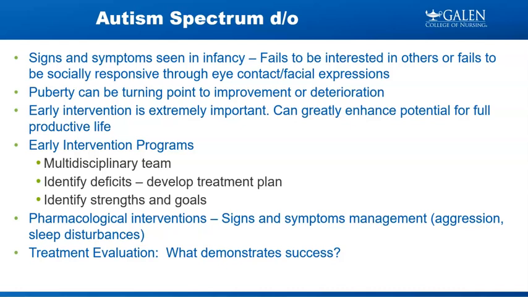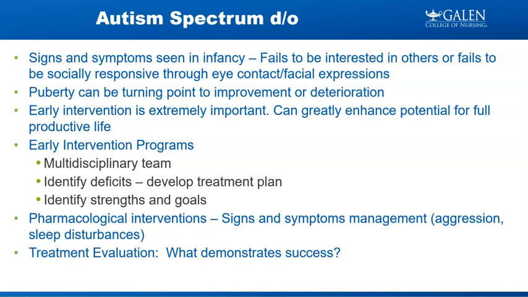But if we have a child and it's safety type behaviors, or they're not eating very much food, we have some diet restrictions sometimes with autism, those have to be addressed. Meds, again, are too widespread to really talk about. Some of our second generation antipsychotics are great. Some of our SSRIs are great. Some of our stimulant, non-stimulant can be helpful depending on what is going on.